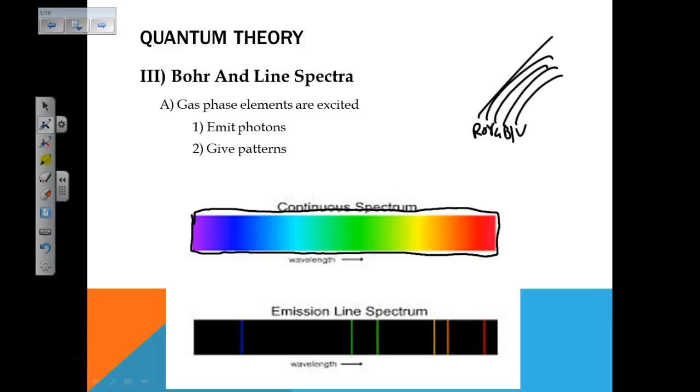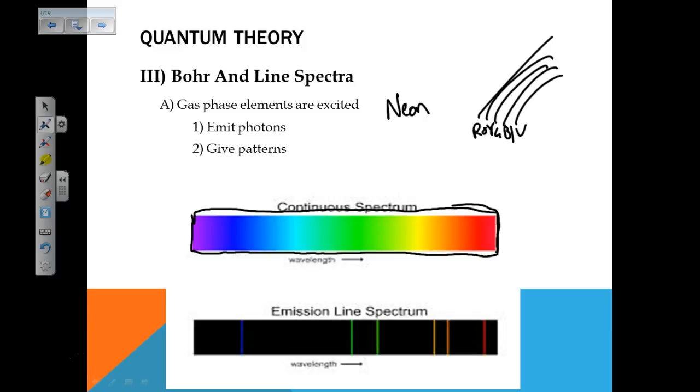Okay, well, you have a device that can do that, and that's called a spectroscope. If we hold it up to the sun or some other white light source, not a specific light source, you end up getting a continuous spectrum. You end up getting a rainbow. Okay, what he did is he took specific elements, like let's say neon,